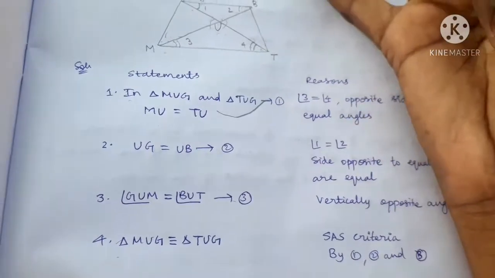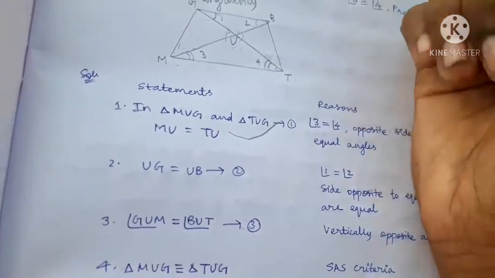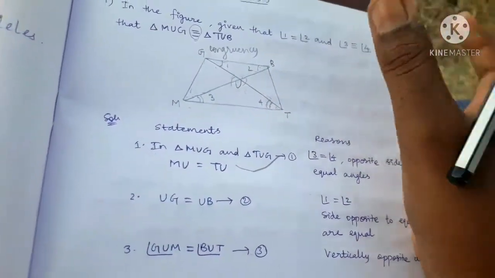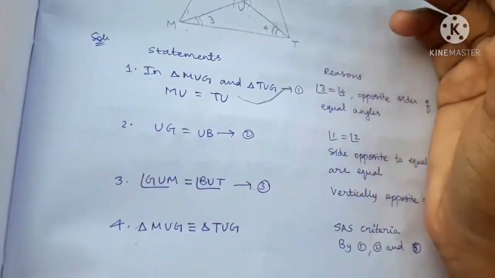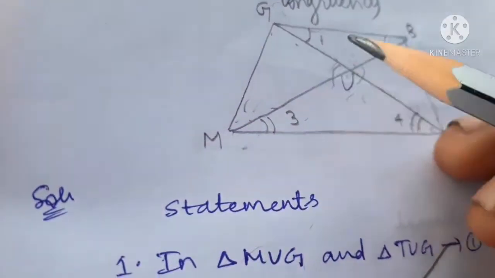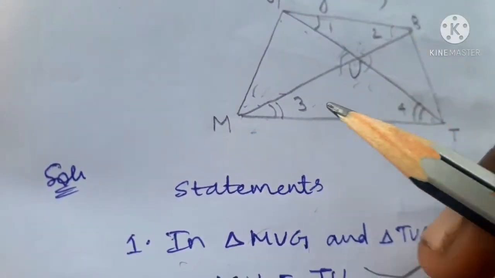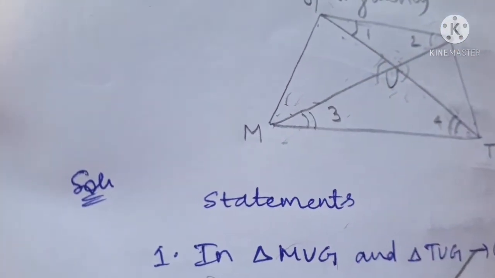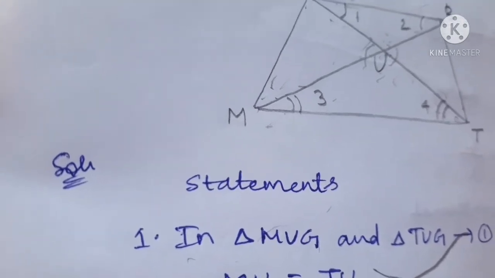Therefore, we have many properties, you know. SSS criterion, SAS criterion, ASA criterion, AAS criterion and RHS criterion. Do you know what are all these? These are some statements about the similarity of triangles. Okay. Here we use the property SAS. See, side, angle, side. When we compare two triangles, when two sides, two angles and again two sides are equal, then we can obviously start with our SAS criterion.